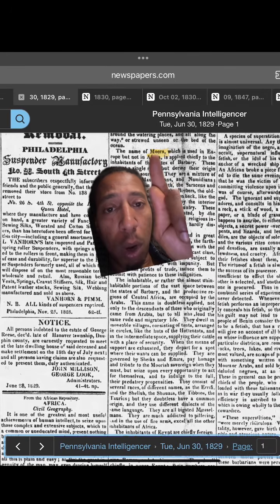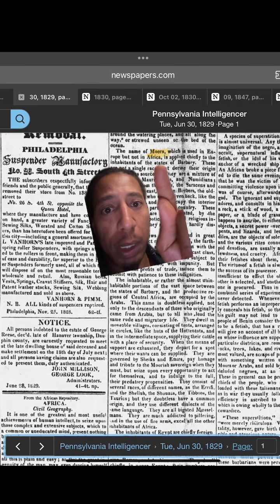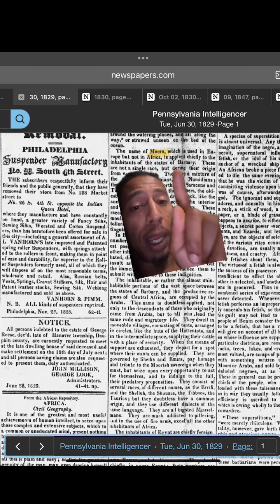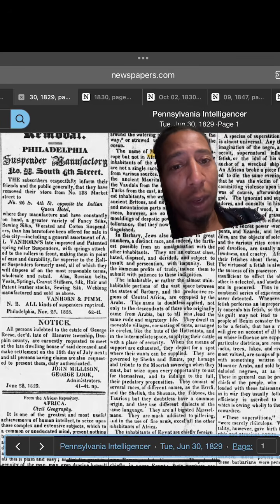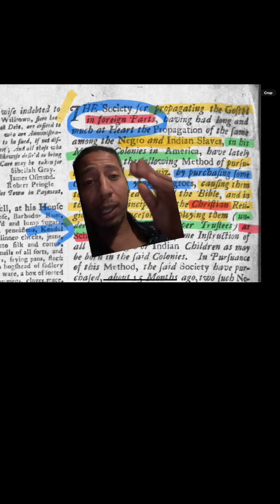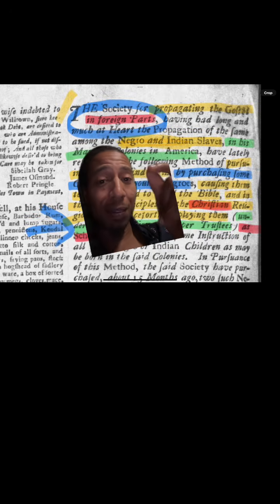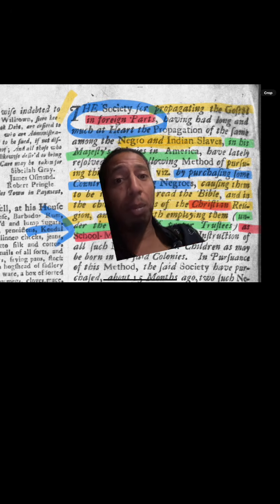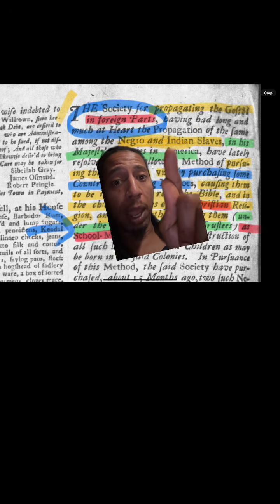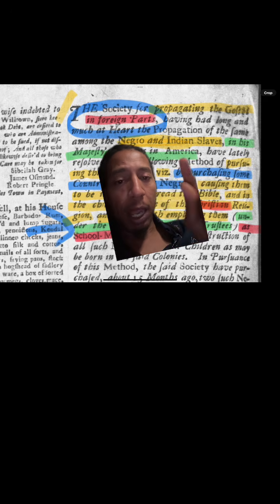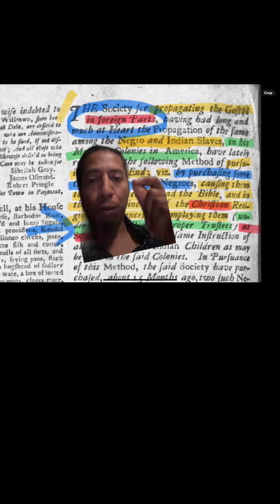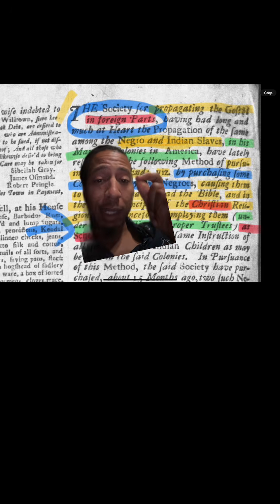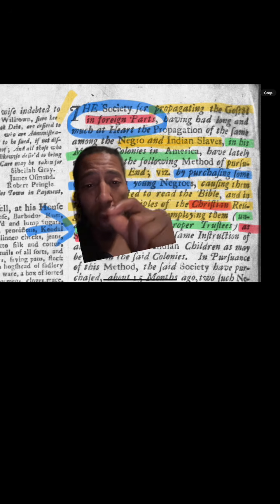The name of Moors, which is used in Europe but not in Africa, applied chiefly to the inhabitants of the state of Barbary, used in Europe and not Africa. 1829, okay? Now we're going to use that to prove how this Negro in 1740 something being put together in classrooms and mission schools with these Indians is going to be shown to be Negroes from Europe and not from Africa or anywhere else. Because a Moor is a Negro is a Moor.